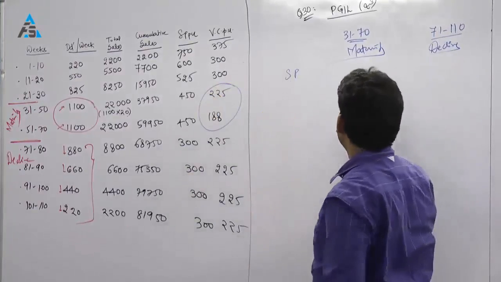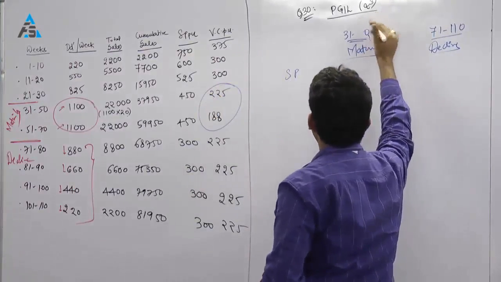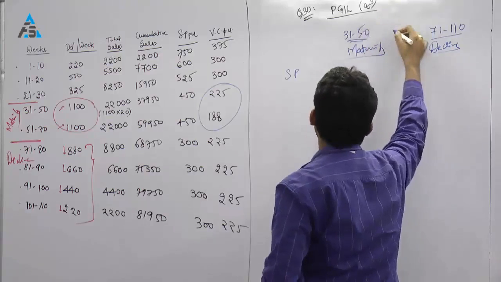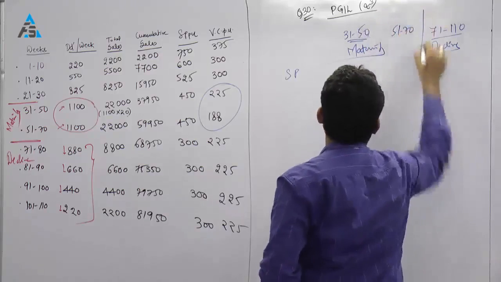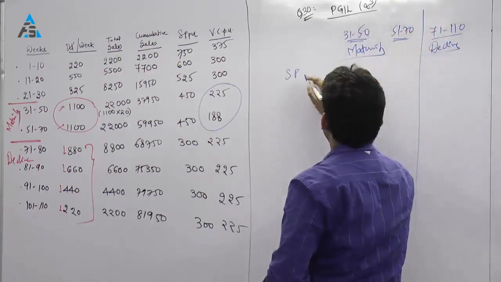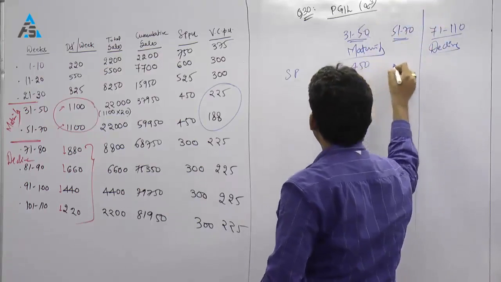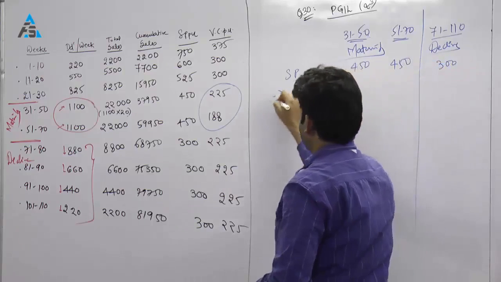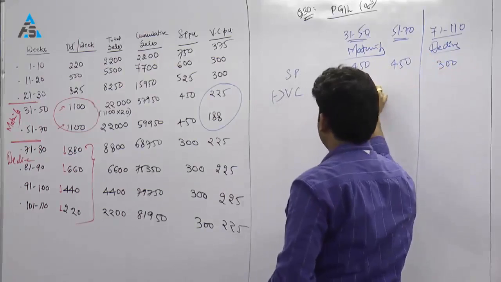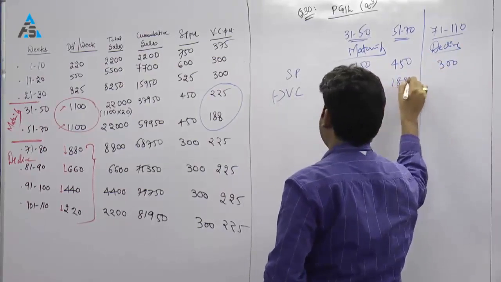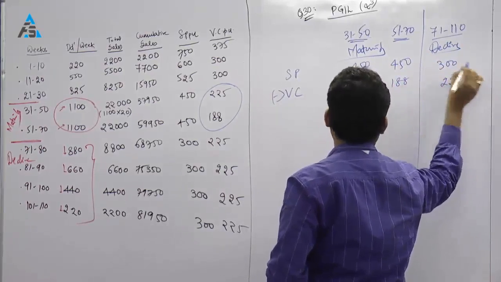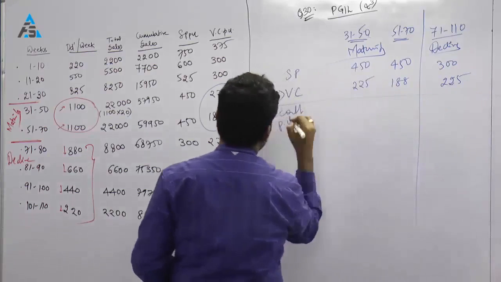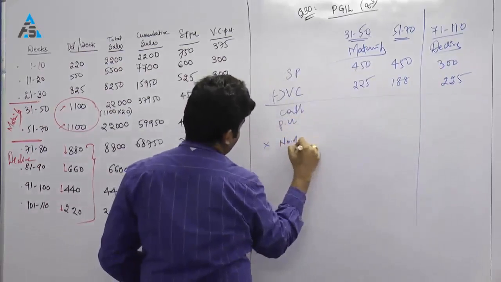Yes, we remember that's the reason for the split. So we'll have to split it again here as well in order to calculate the correct contribution. 31 to 50, 51 to 70. Again, it is still the maturity stage. Selling price 450, 450, 300 throughout. Less variable cost 225 here, but 188 here and 225 throughout, giving us contribution per unit multiplied by number of